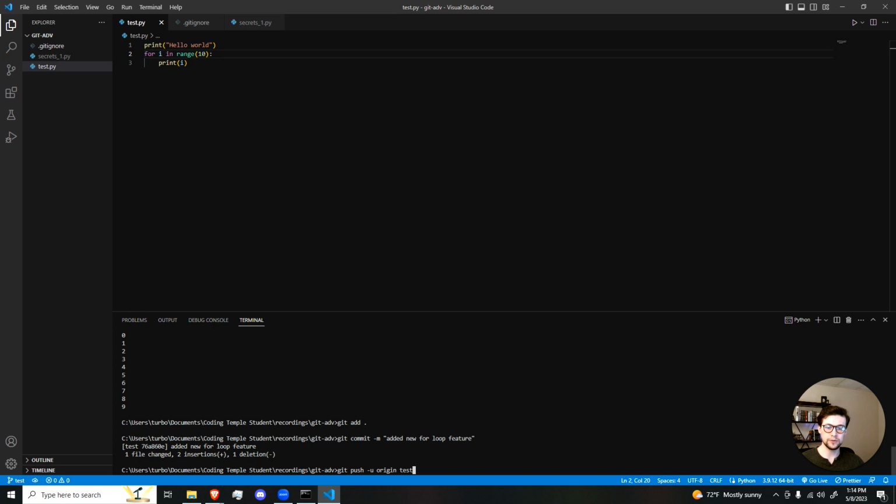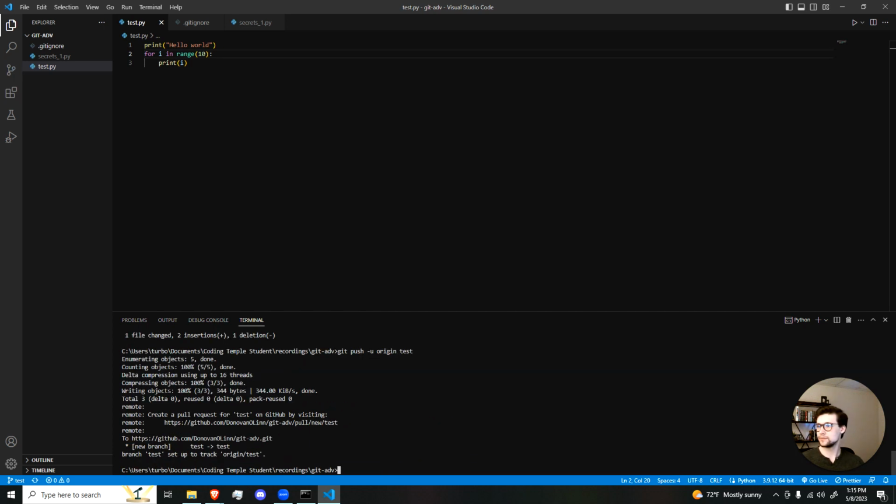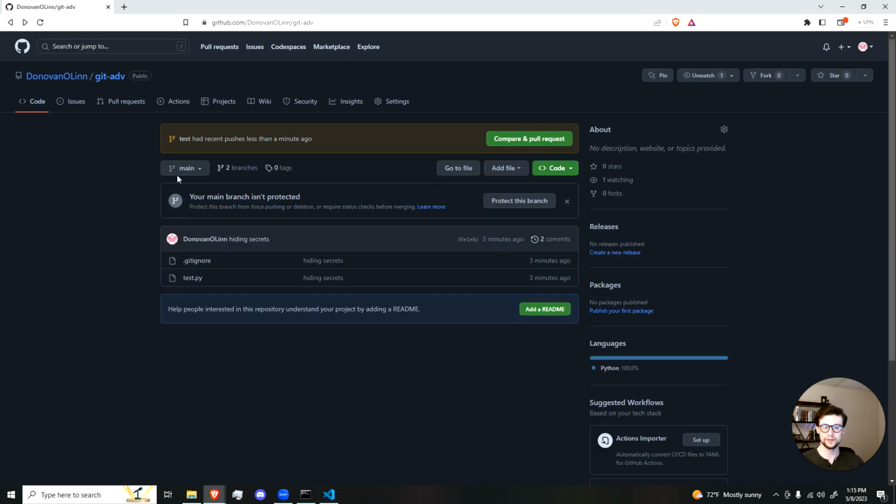First, this test right here will tell you what branch you're making this change to. And then this right here will push it to that branch. So git push -u origin test, because we're in the test branch, will accomplish this. So enter. Great. Now let me pull my GitHub back over. Test has a recent push less than a minute ago. And as you can see, let me actually hit refresh. Test. So I can come in here,